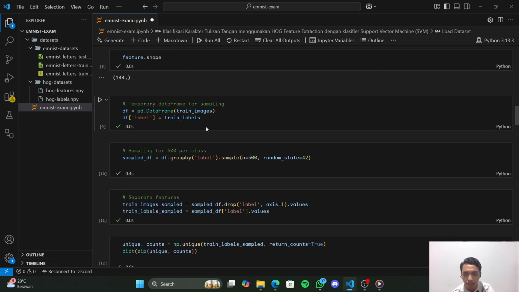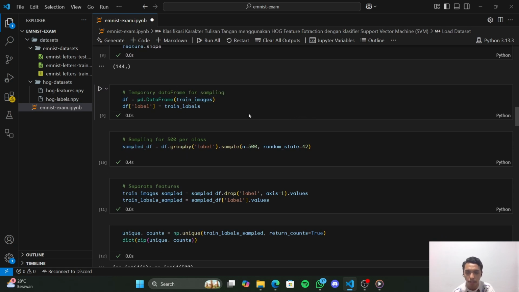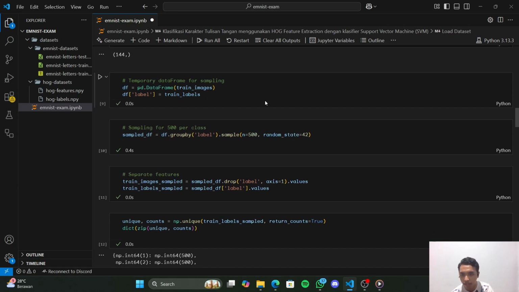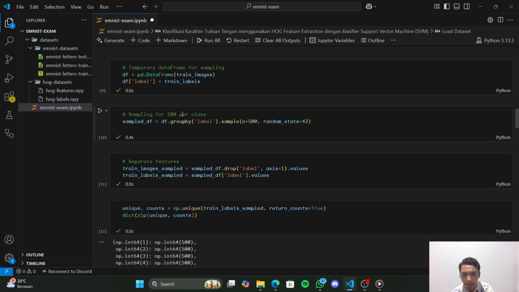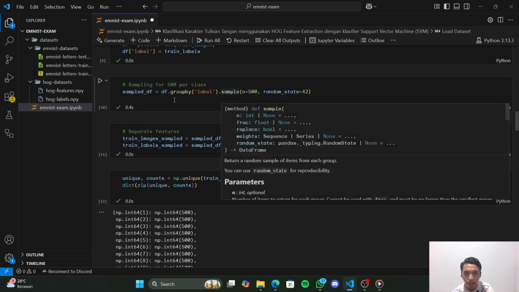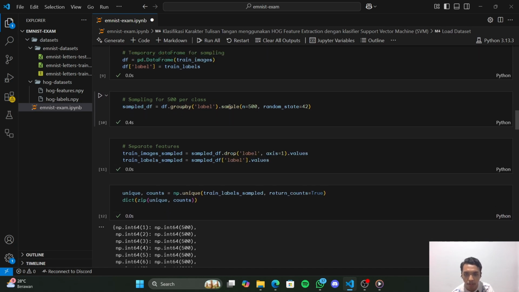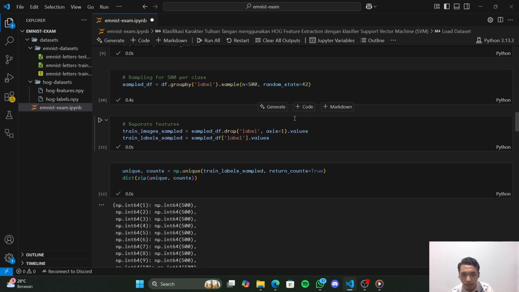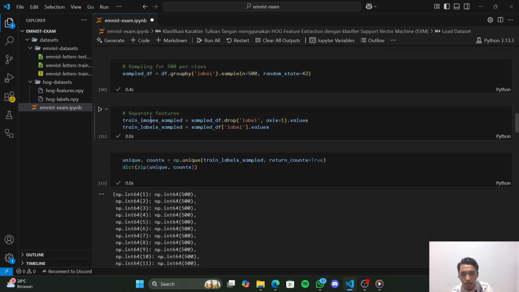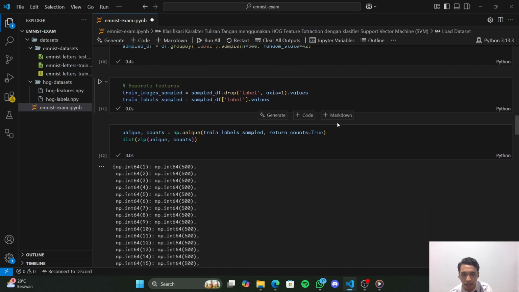Now we move to the sampling section. First we need to make a data frame, which makes the sampling process easier. After making the temporary data frame, we sample 500 for each class using the groupby sample function, and for the random state we use 42 for reproducibility. After sampling, we separate the features and the labels again, and we can see